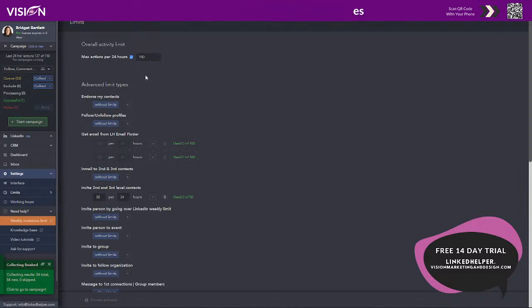So let's go back to limits. Here is where you can set your limits. Now you can definitely do more than 150 actions in a 24-hour period. But again, it's most important to not use these tools to be spammy. It's most important to use the tools for quality connections to save yourself the time. And time is money. So you definitely want to maintain the integrity of your account. Otherwise, you're really just wasting your time. You can send 9,000 connections, but if your Facebook account gets shut down, then what good did all that work do you? You've actually hurt yourself more than helped yourself.